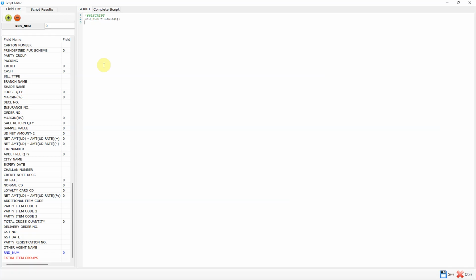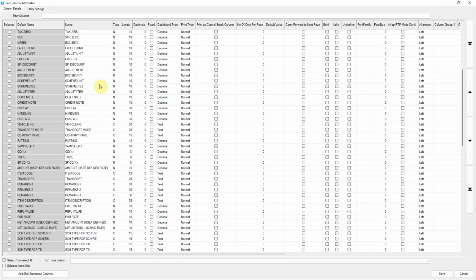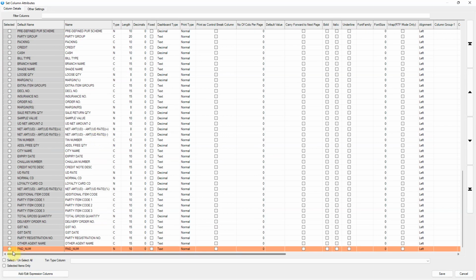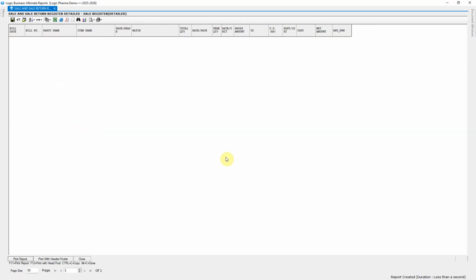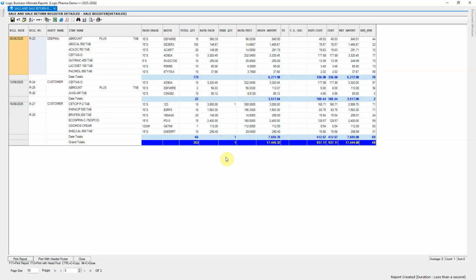The random function is used to return the random integer between 0 and 100. Once the expression is defined, click Save. Then, scroll down, check the box to enable the column, and view the result of the defined function in the report. Once the report is refreshed, you will notice that the newly created expression displays random values. Each time the report is refreshed, the values are regenerated in a different random order.